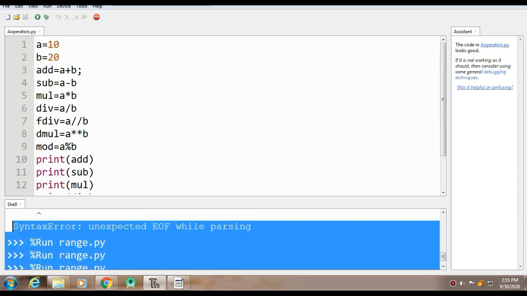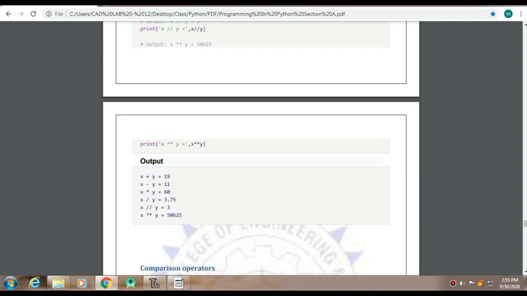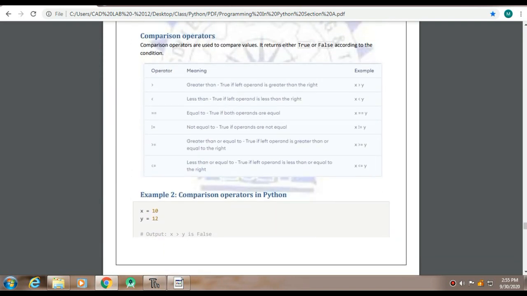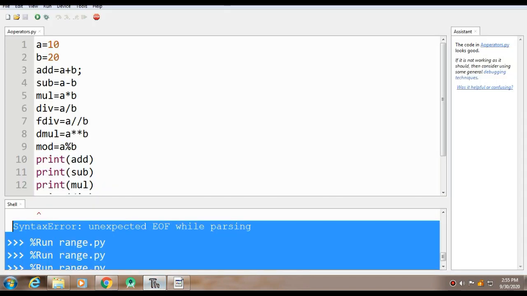Now we are going to perform the second part of operators, that is the conditional operators or comparison operators. What these comparison operators do is compare two variables. If you want to check which one is greater, which one is smaller, this will simply check that.